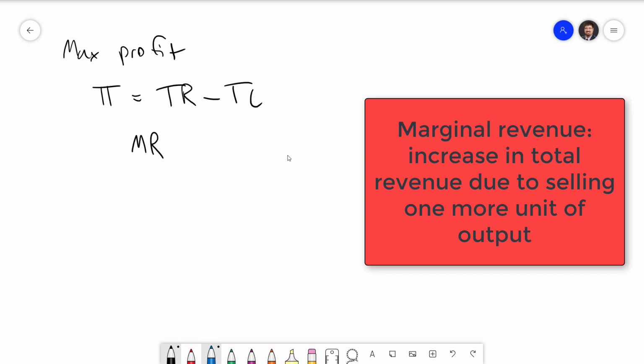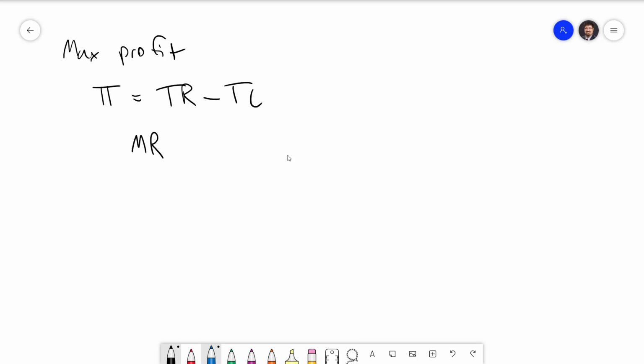This is the amount that revenue increases if quantity goes up by 1. At the same time, the total cost is going to go up by the marginal cost, which we defined in the previous set of videos. If marginal revenue exceeds marginal cost, then it's worth it to increase production because that will increase total profit. If marginal cost is greater than marginal revenue, then that unit is going to reduce our profit, and it's best